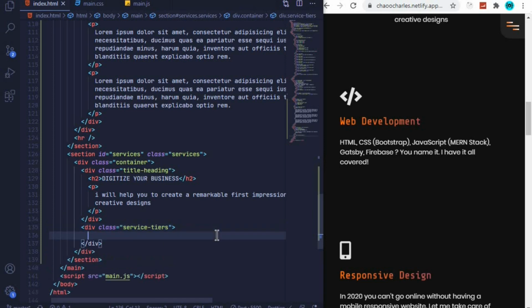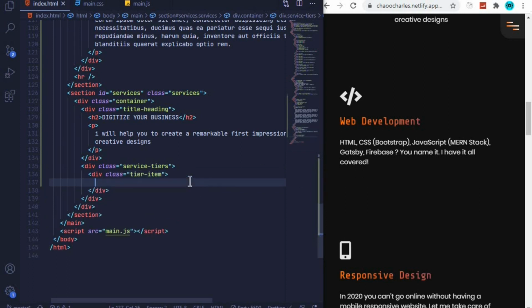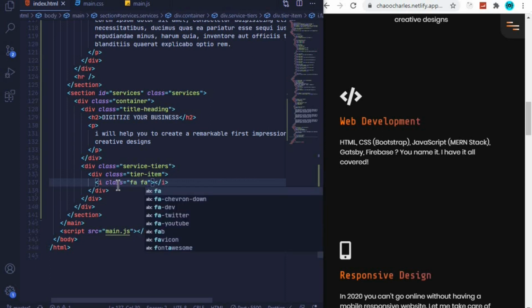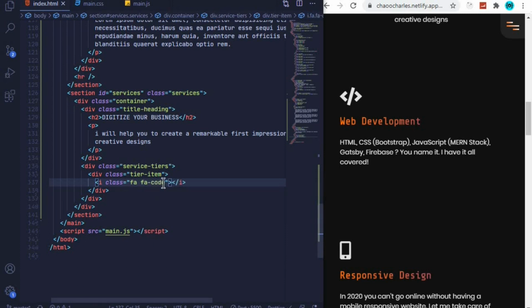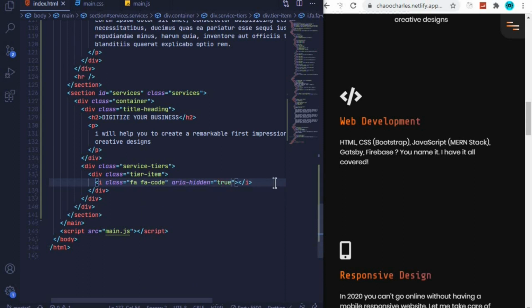and in here we'll now have individual tile items. So I'll add another div with a class of tile hyphen item, enter, and then we will have an icon to begin with. So an i tag, which will have a class of far fa-code, and this is a Font Awesome class, and then we can add an attribute aria-hidden to be true for accessibility reasons,